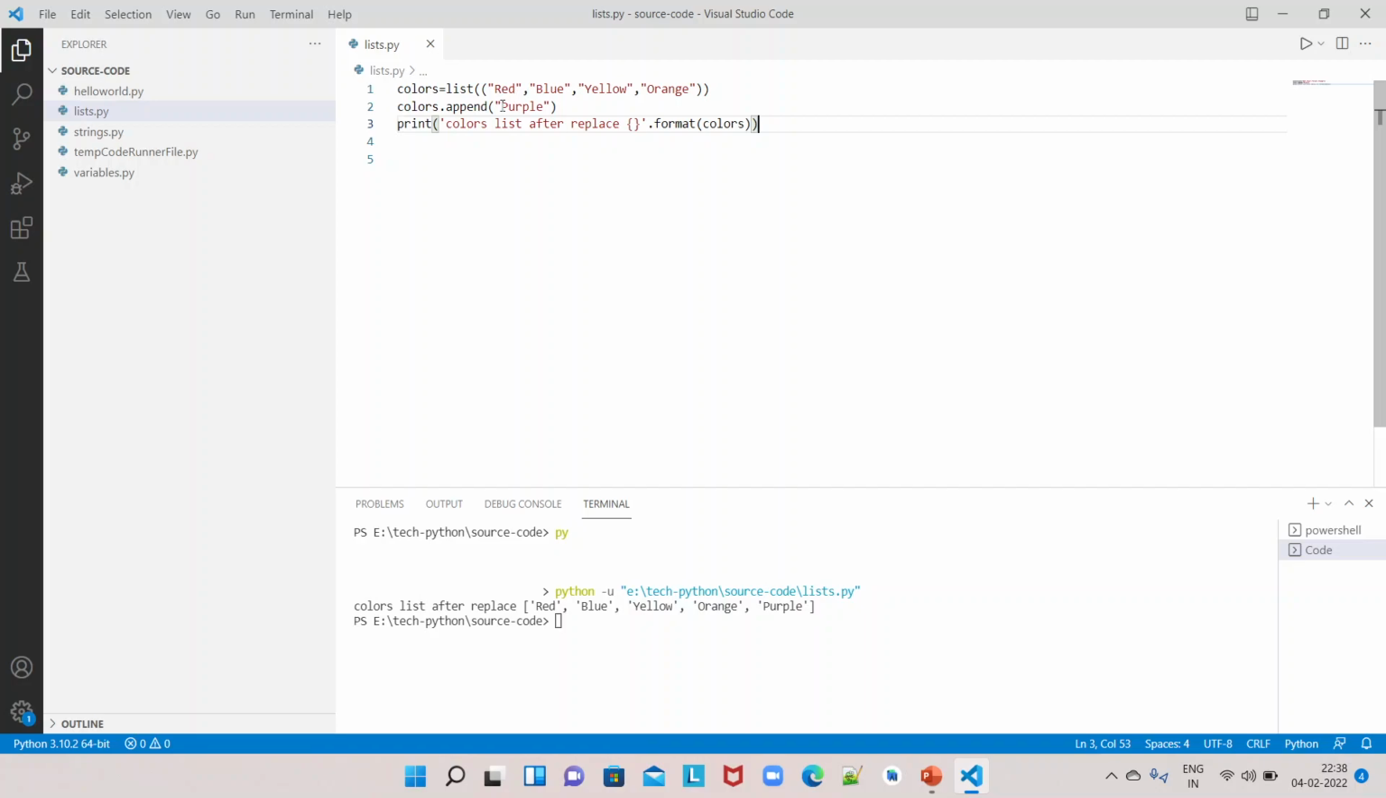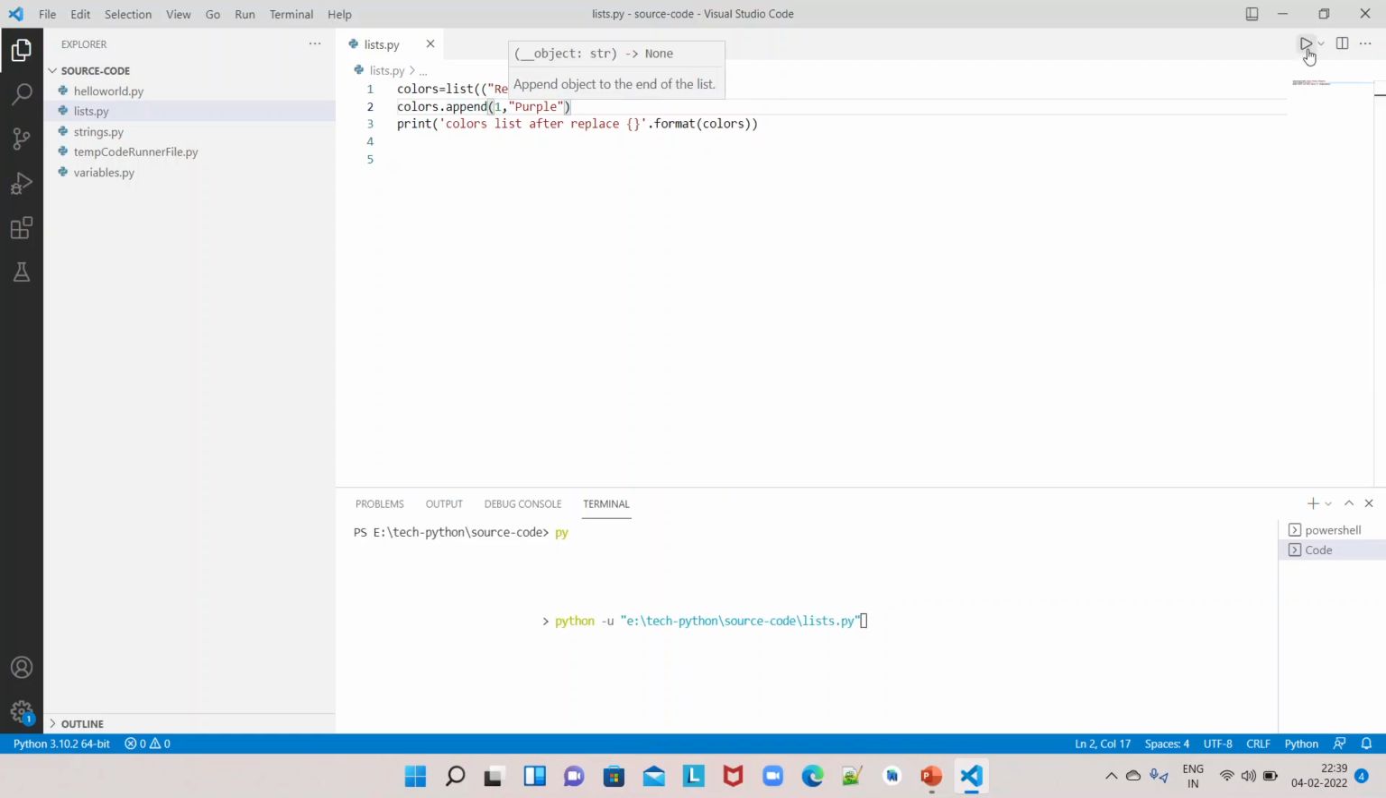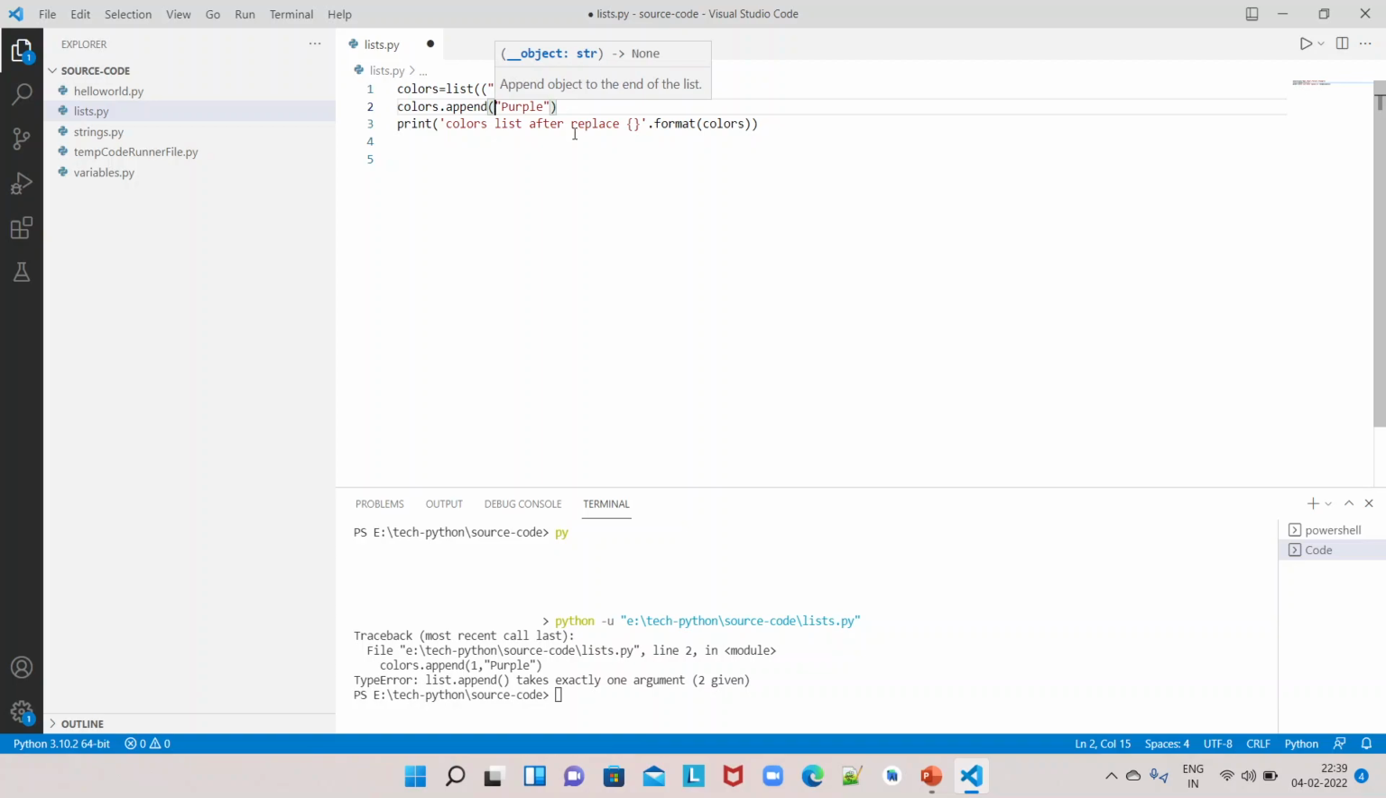So here you cannot mention any index position where you want to append. Append will always add at the end of the list. Say for example, if I pass an index position, it will not accept. It accepts only one argument. So that is about adding an element at the end of the list. This is about adding one element or two elements. Suppose for example